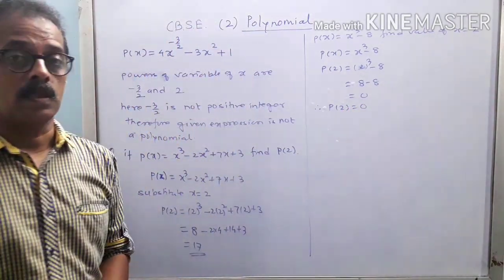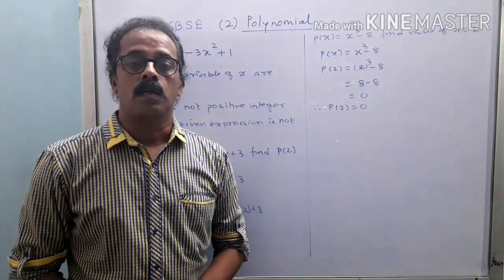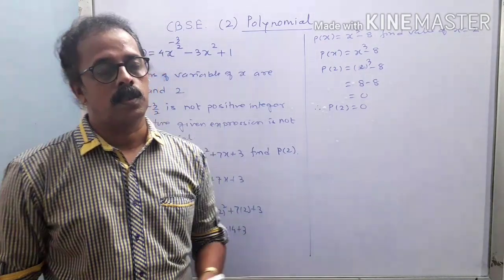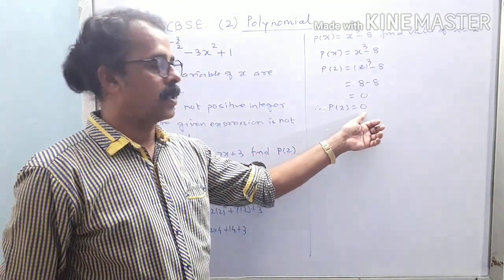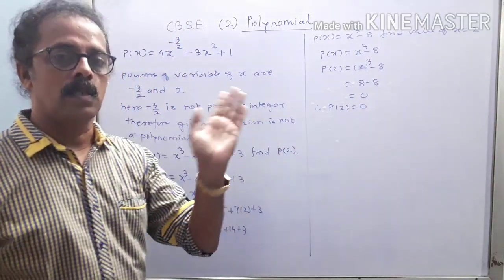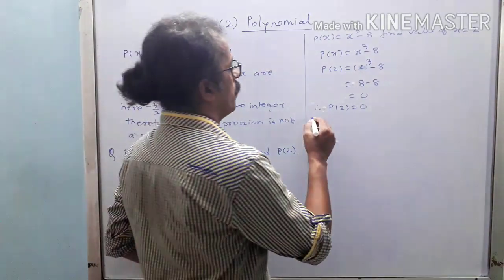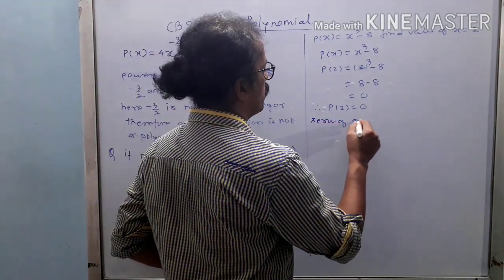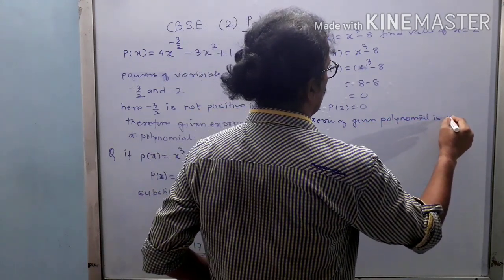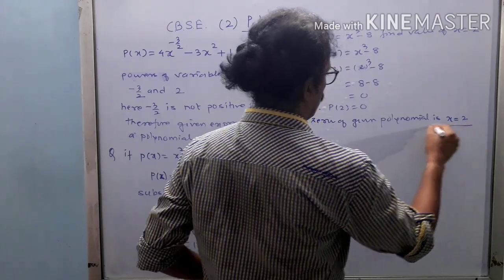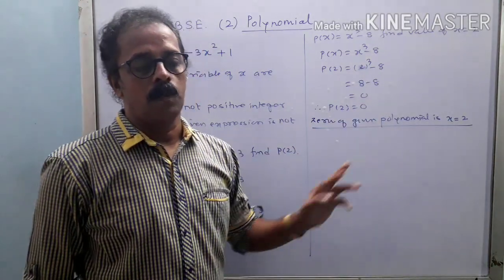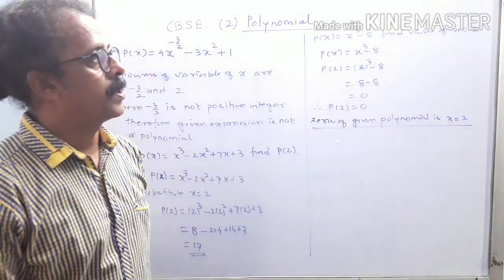Now remember the remainder theorem, and the second one is the factor theorem. So what is the remainder theorem? In the remainder theorem, we find the value of the given polynomial, and in the factor theorem, when this becomes 0, then it is a factor. So here we can say that the zero of the given polynomial is at x is equal to 2. Here we found the value of p of 2, it becomes 0. It means that x is equal to 2 is a zero of that polynomial.